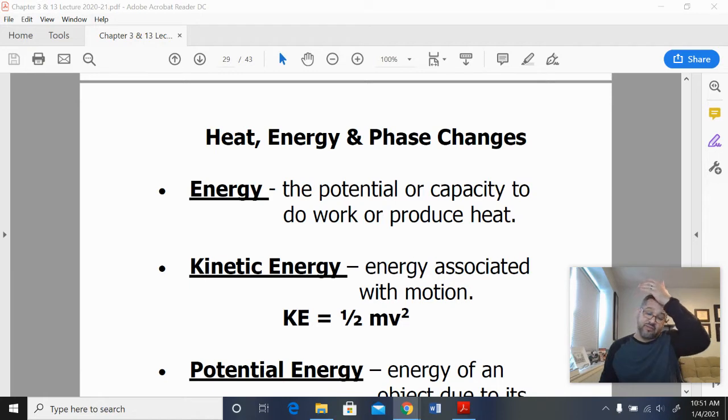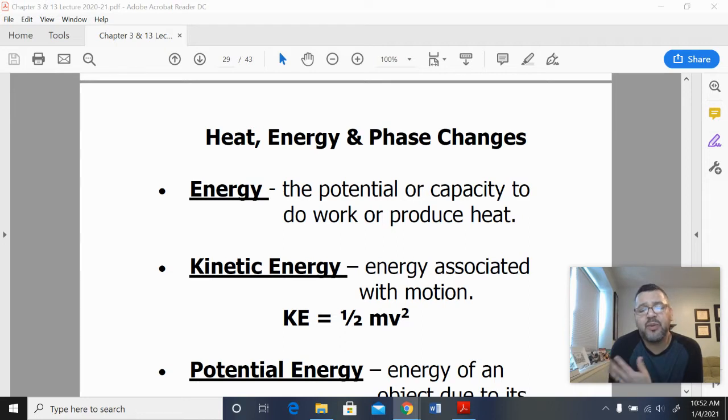So energy is defined as the potential or the capacity to do work or produce heat. Now, potential or capacity means can it do it, right? So if something can produce work or heat, then that must have a lot of energy, okay? Now, producing work is more of a physics kind of an idea. So doing work is like lifting, pulling, some mechanical process. Heat production is energy being evolved, right? Electromagnetic radiation, infrared, and so on and so forth.